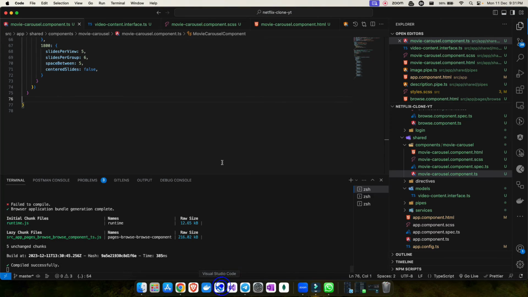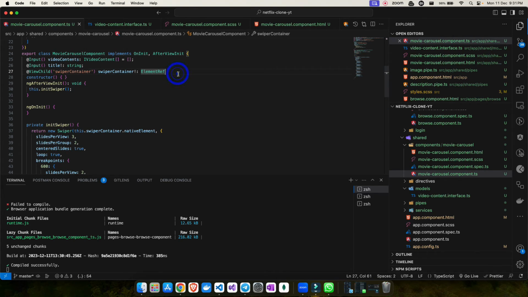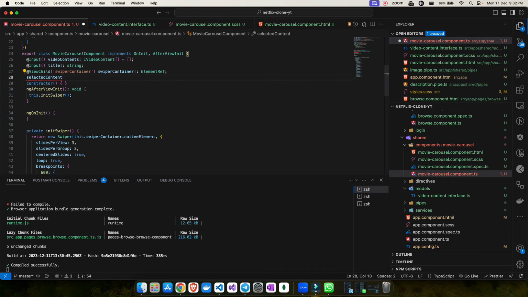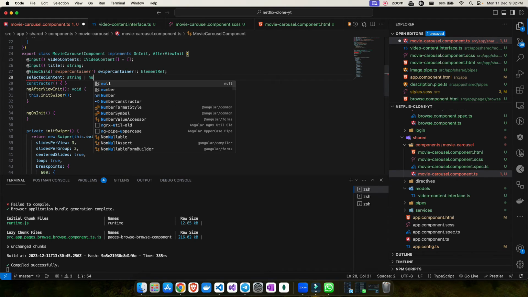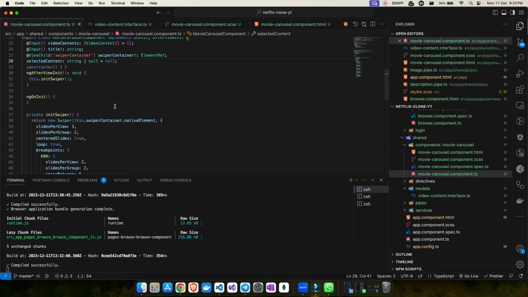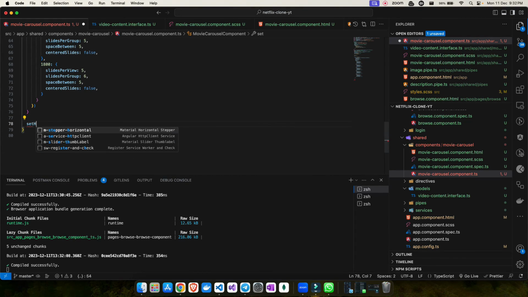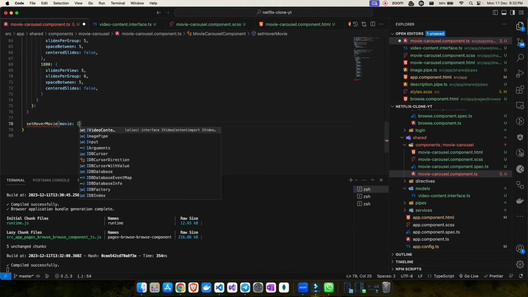First thing, I'll go here and create a property. Let me create a property here, and I will call it selectedContent, and this is of type string or null. And I will assign it the initial value null. Save the changes. So you have a property now, correct? Now whenever you enter the mouse, you have to set the hover movie, so that you can say this movie is hovered at the moment, correct? For that you will have to create a method just below this, and you will call it setHoverMovie. And you will pass the movie over here, movie of type IVideoContent.